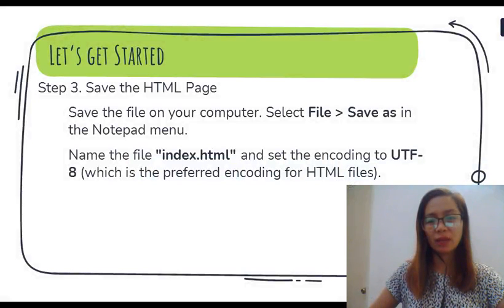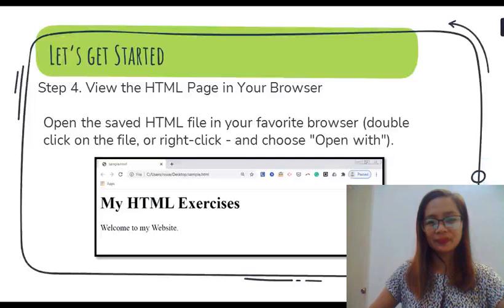Third, save the HTML. So you save it using .html as the file extension, and you set the encoding to UTF-8. And lastly, to view your HTML page in your browser, you just double click on the HTML file that you saved, and then hope you will be attaining the output which is displayed below.